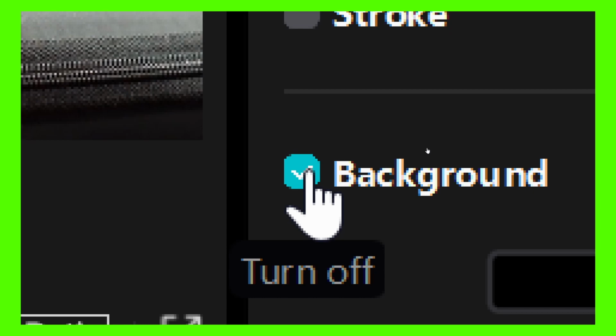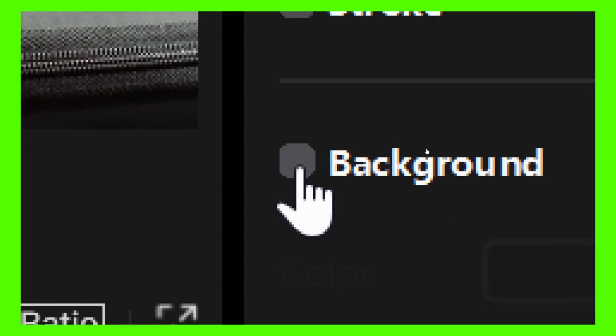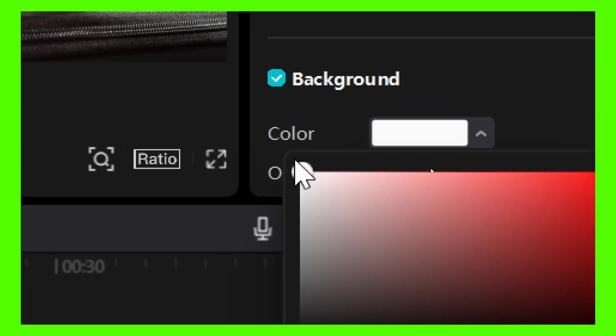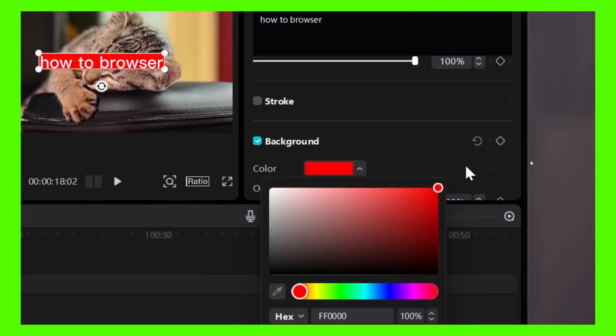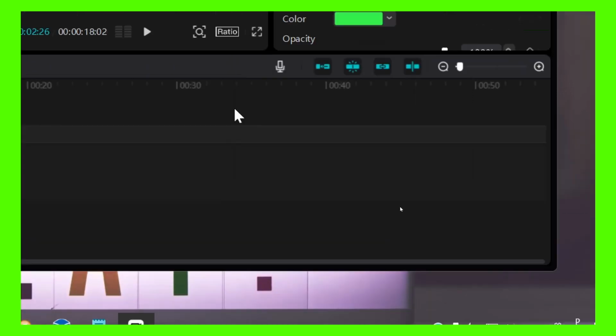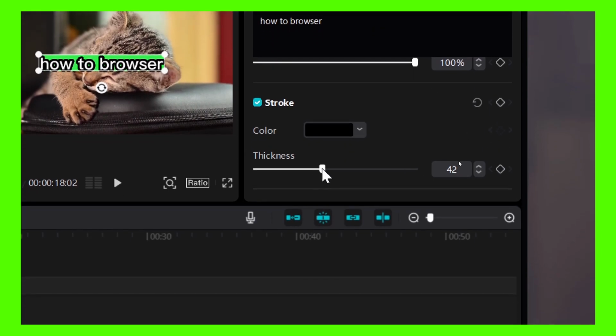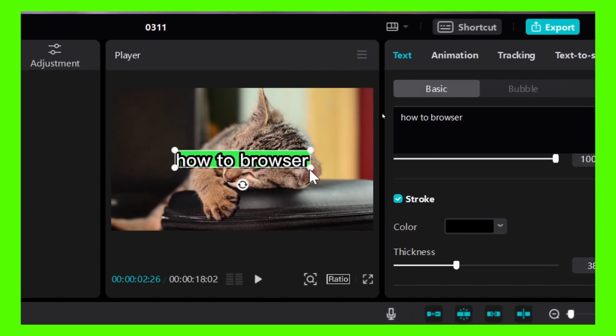Okay, click on it, turn off, turn on, turn off, turn on. And now select color, white. We have white here. Let's go with green, and we have green, and we can also add stroke, so it looks even more,